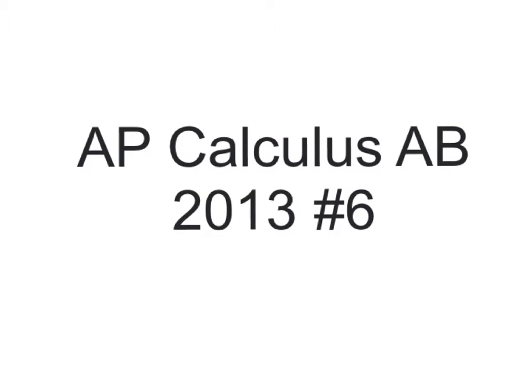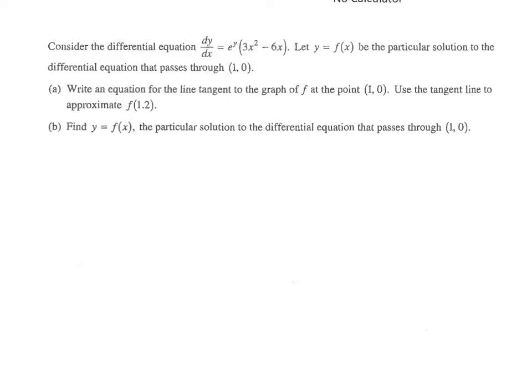These are the solutions to number 6 on the 2013 exam. All right, so we are given a differential equation right up here, and y equals f of x is the particular solution to the differential equation that passes through this point right here. And now for part A, we have to write an equation for the line tangent to the graph at the point (1, 0). Okay, so let's do that first part before we go on to the second request in